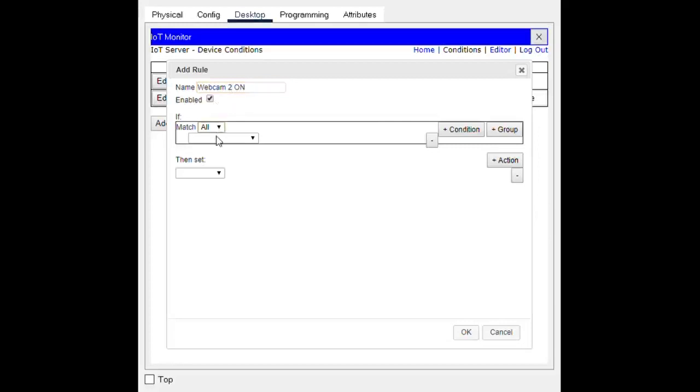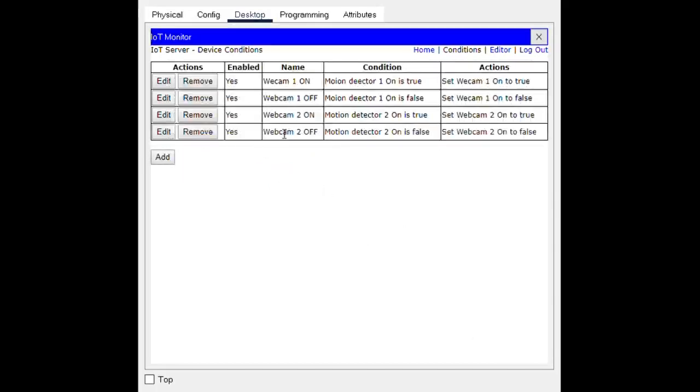Then motion detector 2 on and true, then webcam 2 will be on and true. We have to add one more condition for webcam 2 as off. So when motion detector 2 on is false, then webcam 2 is on to false. And we have to click on OK. We have added conditions for webcam 2.